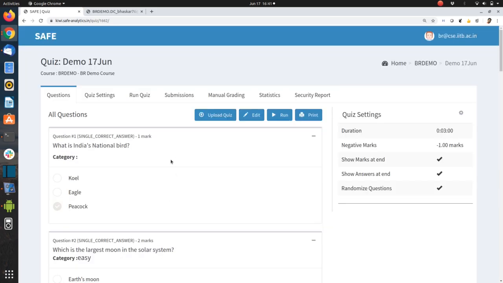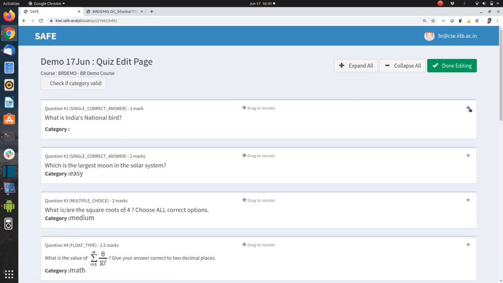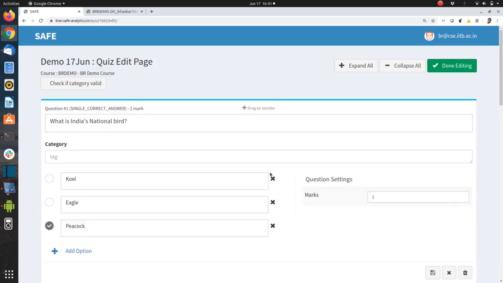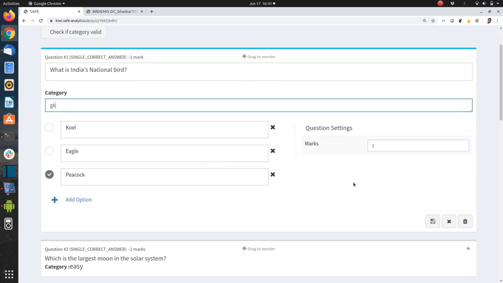So let me now use this quiz to illustrate the use of categories. So for this, I am going to edit this question and give it a category. Let's say GK. I will save it.